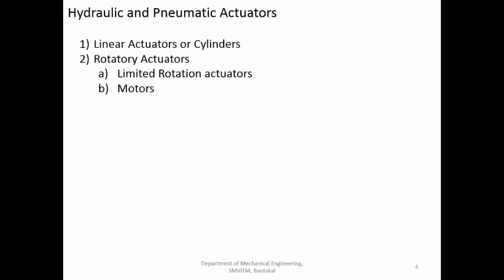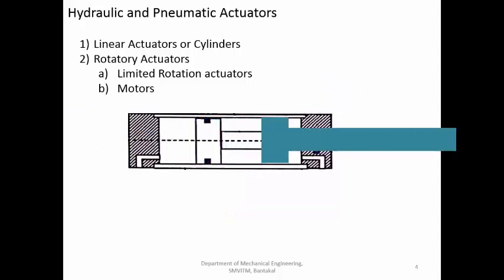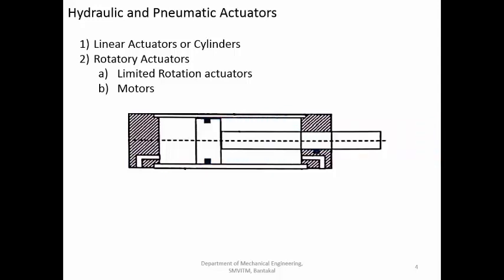Now we'll see what the different types of actuators are. In both hydraulic and pneumatic systems, you have linear actuators, or simply a cylinder. Whenever we say cylinder, it means there is a cylinder, that is a tube or barrel, inside which there is a piston and the ends are closed. The piston is able to move forward and backward, reciprocating in a straight line. So a linear actuator is used to generate straight line movement.